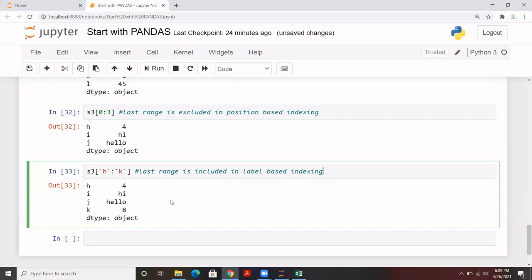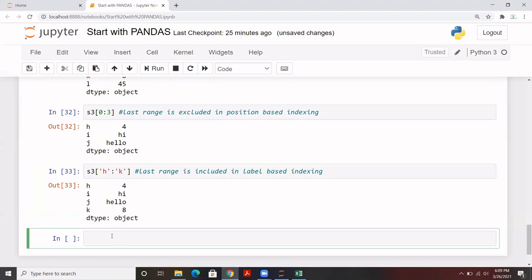And one more thing I want to confirm here. This is basically for a sequence. Let's say I want to extract from H till K. Now let's say I don't want to extract based on a sequence. For example, I want to extract H, then J, then K, something like this. I'm not performing any sequence. So how will I write the syntax in that scenario? That is very useful when you will be working on the data analysis part.